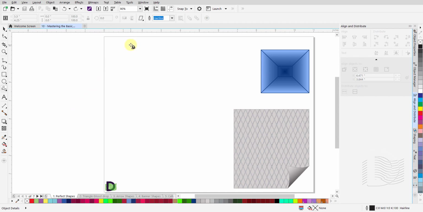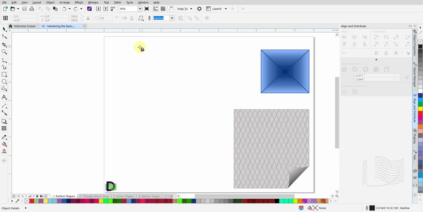Basic Shapes tool, or the Common Shapes tool, lets us choose from a large variety of shapes, including a smiley face. Up in the Properties bar, you will see this icon for Perfect Shapes. Click on the little black triangle on the bottom right corner of this icon to open a sub-menu. There, you will see a number of predefined shapes, such as a parallelogram, a trapezoid, a smiley face, a heart, etc. Click on this icon for parallelogram to select it.